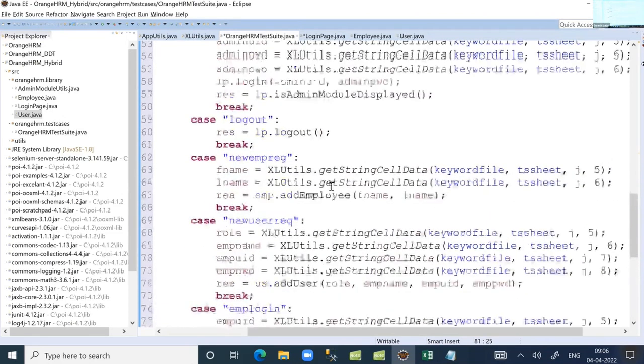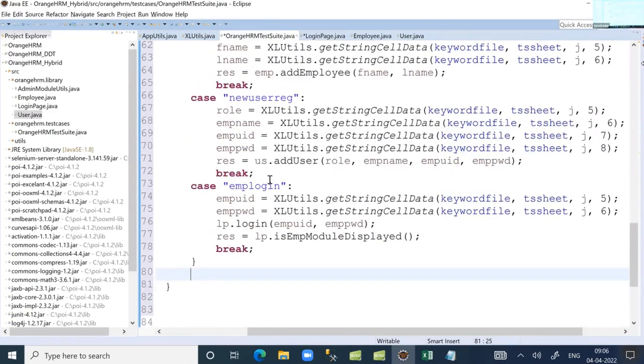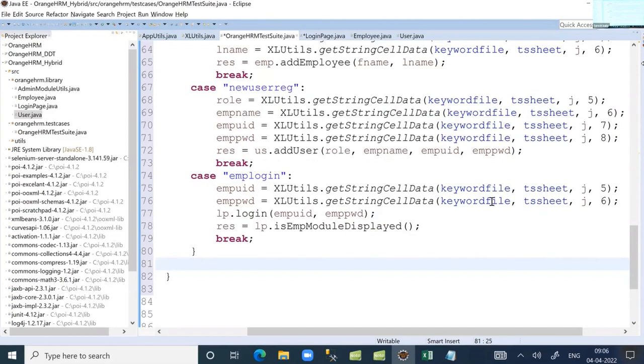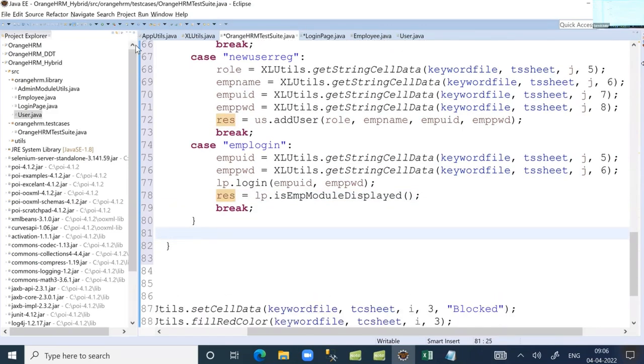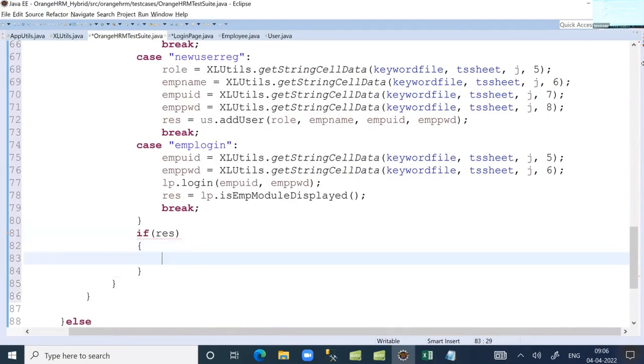Now all cases are covered. All keywords are covered. For every keyword, we are calling the corresponding function using the data present in the Excel sheet. The function return value we are keeping in a variable called RES. Here the RES will have either true or false. If RES value is true,